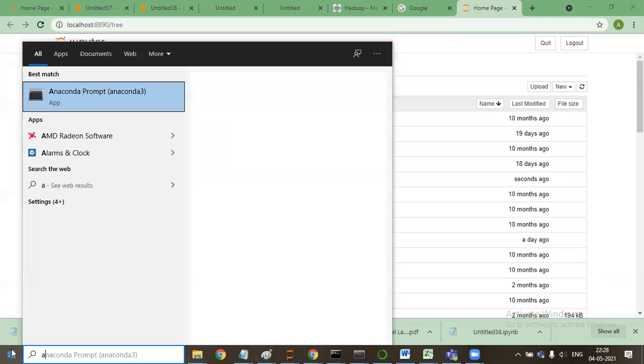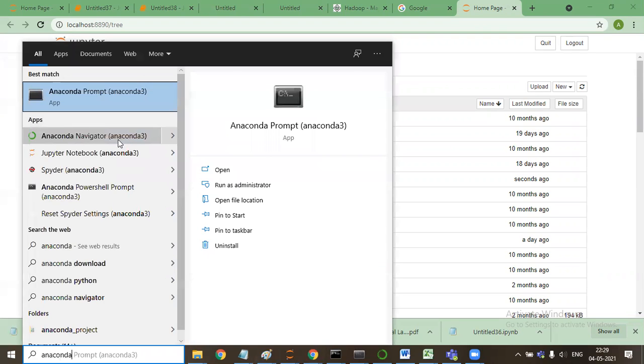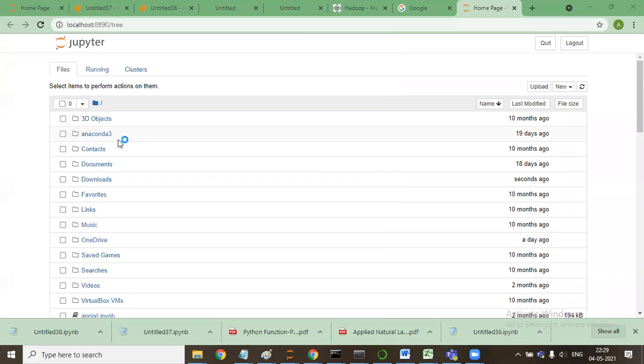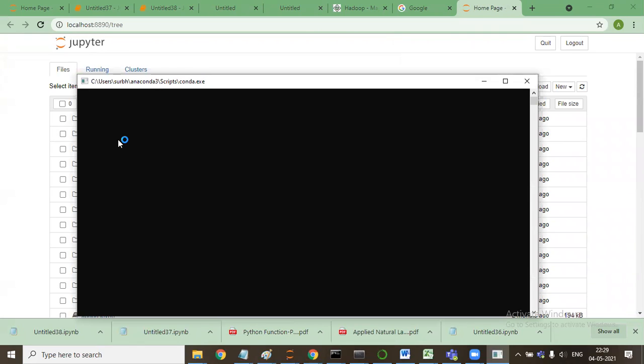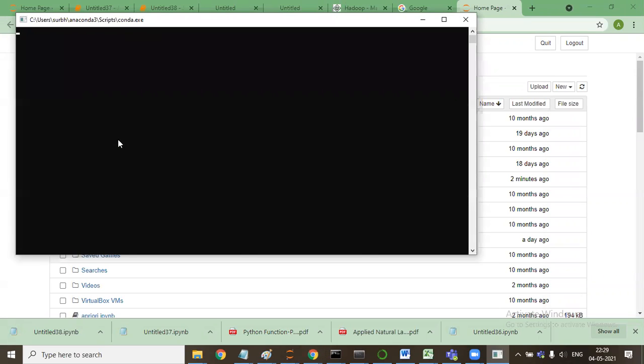So you search Anaconda Navigator. Yes, sir. I open the app and double click it, and from there I launch Jupyter Notebook. Okay, let me try. The person who has the doubt can also try this method. Yeah, Anaconda Navigator.